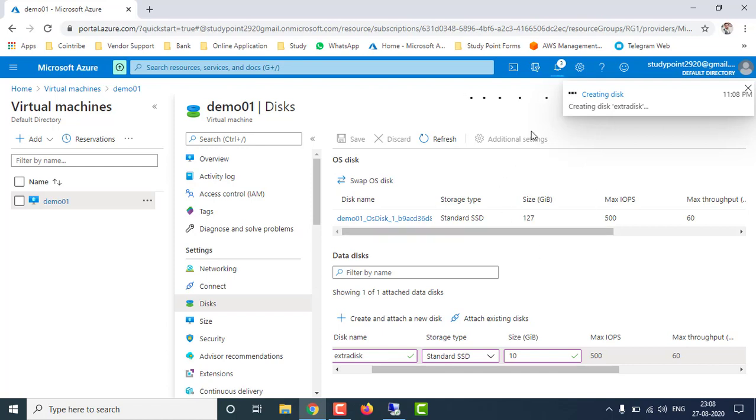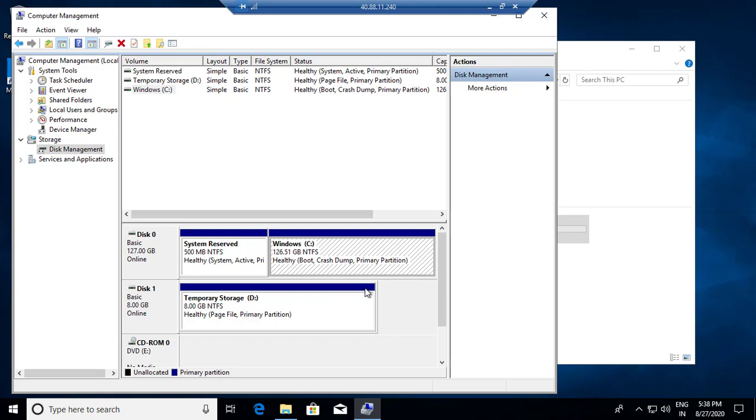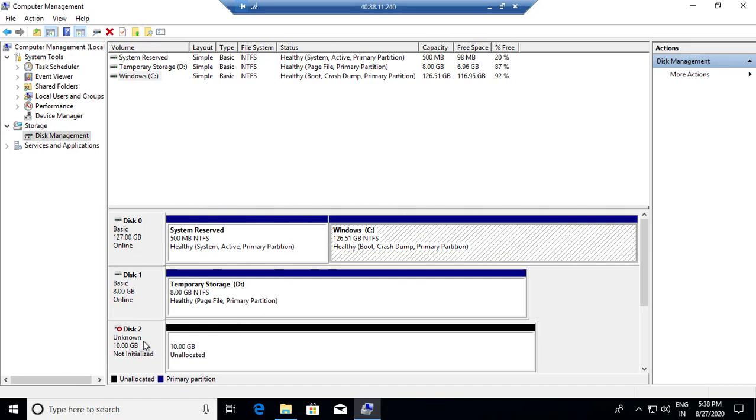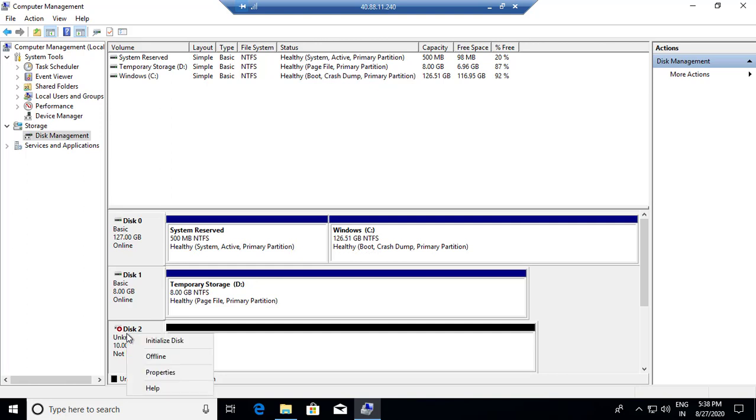Once you click the save button, the process is shown here, like creating disk, and once the disk is created, it will automatically attach to your virtual machine. Till now you will see in your virtual machine we did not get any extra disk, but after you refresh it you will see one extra disk is automatically added here. Like you can see 10 GB, and the disk is still offline, so you have to hit initialize disk first. Once we initialize the disk,